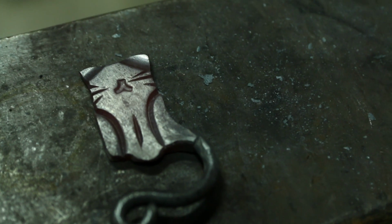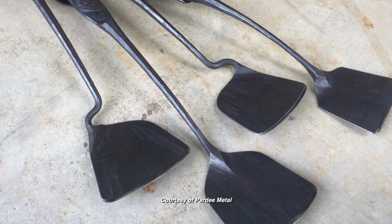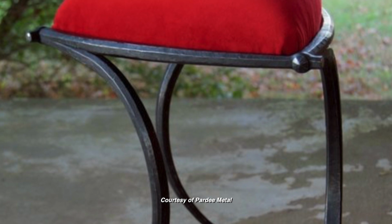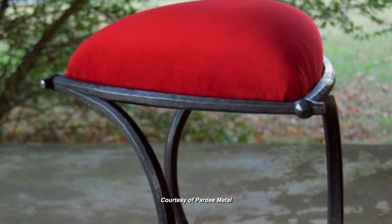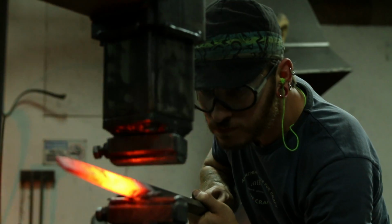I'm a very scattered person in some ways, so it's hard for me to feel comfortable just narrowing down to a really finite scope. So I tend to work in a lot of different directions. So I make some smaller home items. I like to make kitchen wares and kitchen utensils, furniture. I really enjoy working in furniture, and my girlfriend is a weaver, and so we've collaborated on a number of pieces where she'll weave the fabric and upholster it onto a forged steel piece of furniture for seating, which has been a lot of